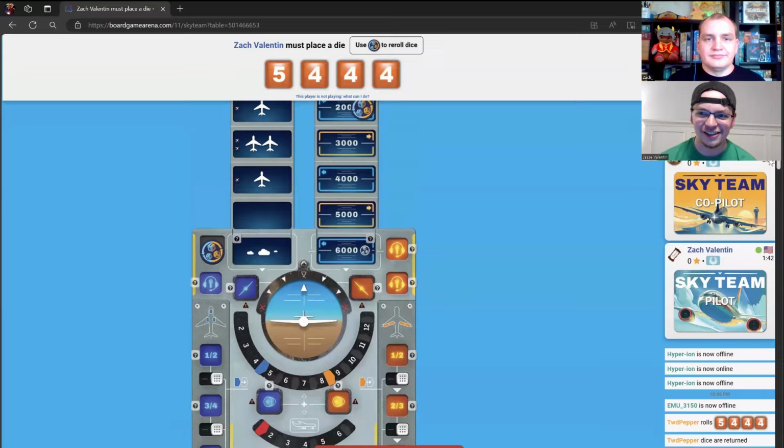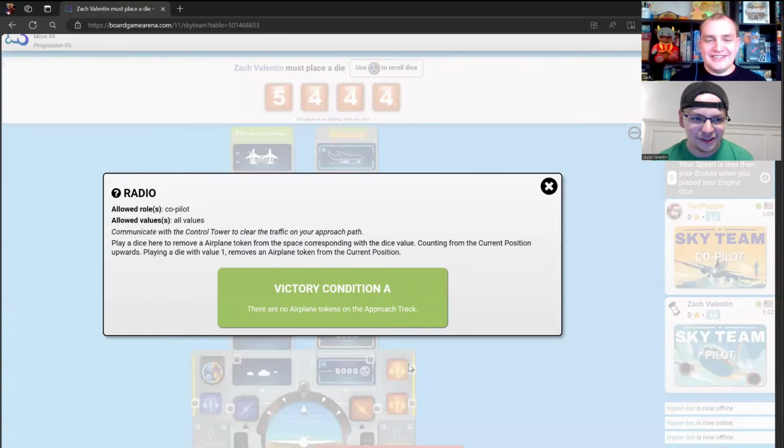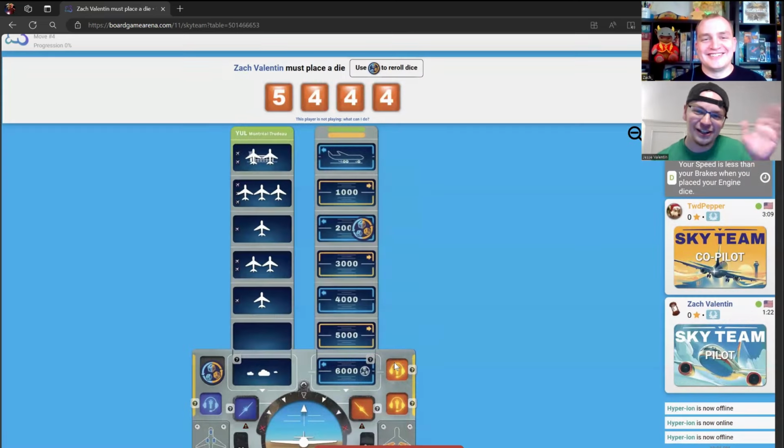And on that track, you can see there are planes. And I guess, I don't know what the term is, actually. I think you're like trying to be radio dispatch, trying to get them out of the way. You're radioing, communicating with the control tower to clear the traffic on your approach path. So you are calling them, saying, get these planes out of the way, placing dice over there, and then, so